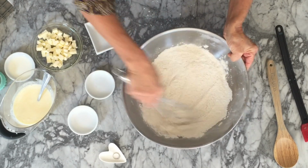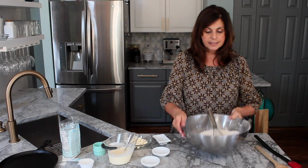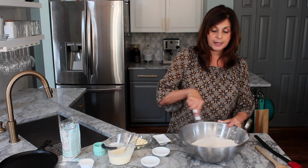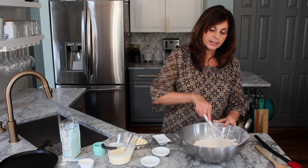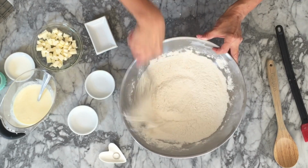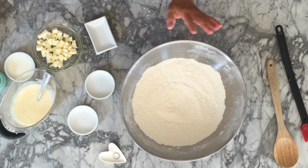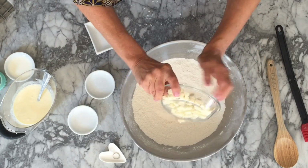Now I like to use a really big bowl. These are inexpensive stainless steel bowls. They come in super handy for all kinds of things, because we're going to make the biscuit and pat it in this nice big bowl that's ready to go. Now the first thing we add to that is our butter,